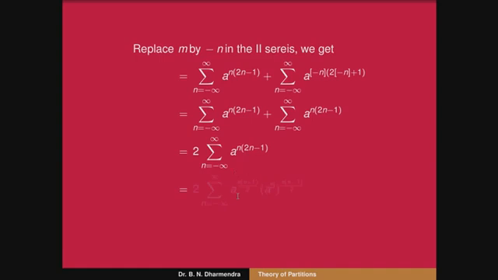So that is why we can take the terms a to the power of n into (2n minus 1), which can be rewritten as 2 times n running from minus infinity to plus infinity a to the power of n into (n plus 1) by 2 into (a cube) whole to the power of n into (n minus 1) by 2. So, therefore, these two results are the same.